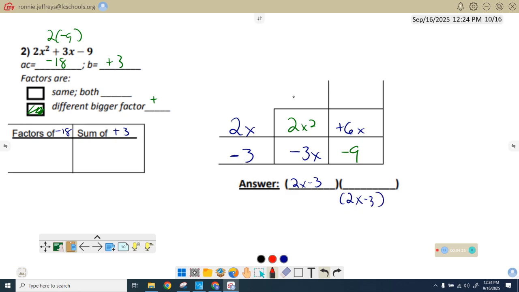Then up here, the biggest thing I can take out of 2 and 3 is 1. And then x. And the biggest thing I can take out of 6 and 9 is 3. So, okay. Now, remember,